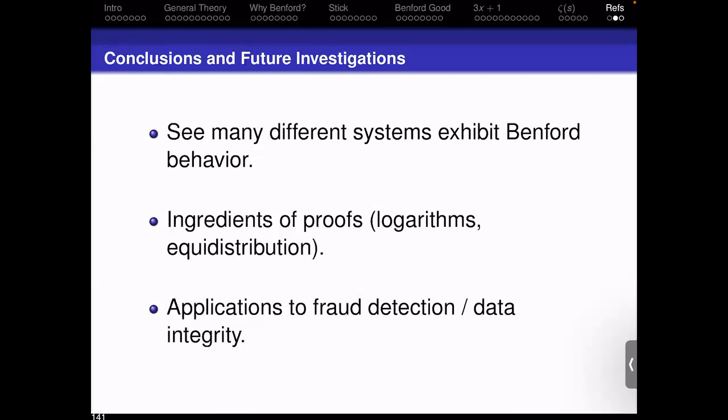And then there are numerous applications of this to detecting fraud and for data integrity. There have been numerous reports over the decades of scientific studies that have been faked. So the ability to quickly get a sense of whether or not some data is valid is extremely useful. Sometimes it's very easy to tell when data has been faked. There have been times when the same researcher has used exactly the same plot for completely different phenomena. They've just changed the labels. And then it becomes very interesting that you have exactly the same fluctuations in completely different situations.